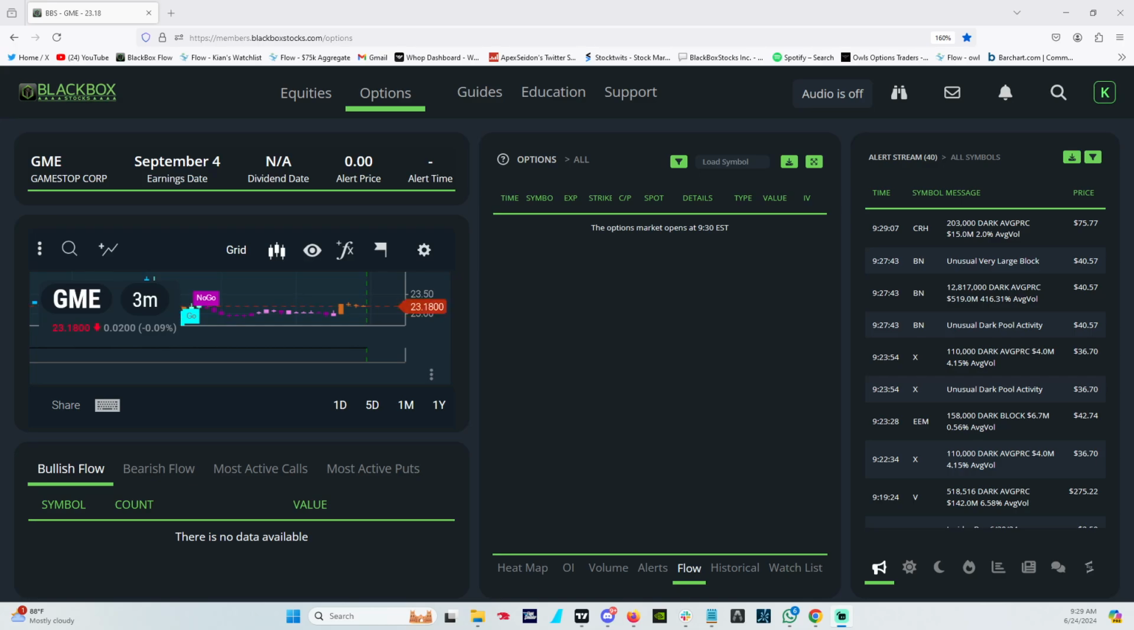Below bid, above ask, ask. How do you know if it's a buy? How do you know if it's a sell? All those questions I get a lot. So I will be going over that once the market opens